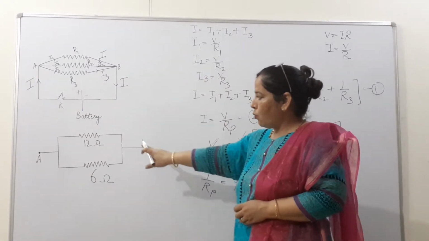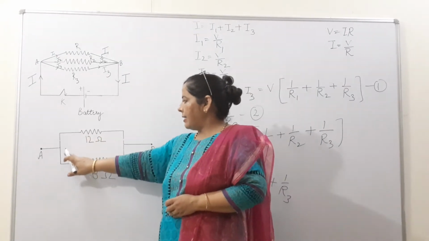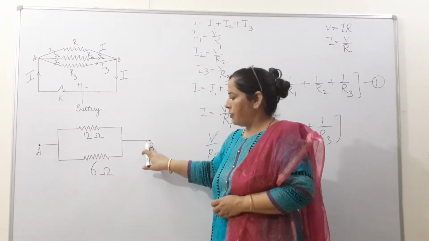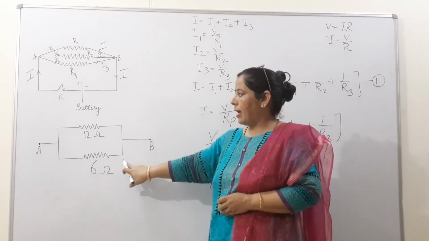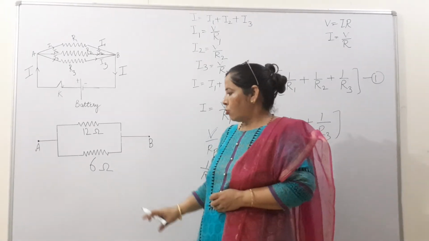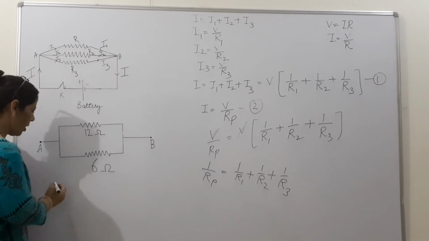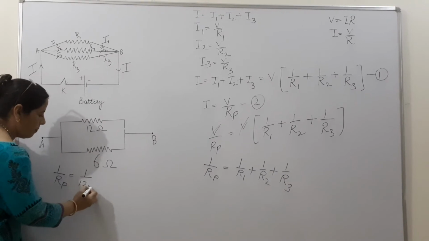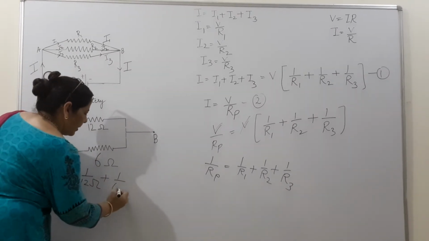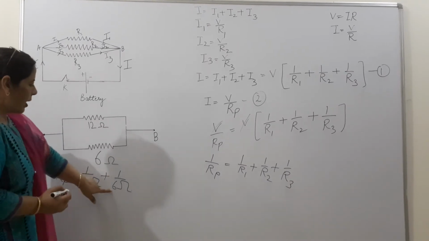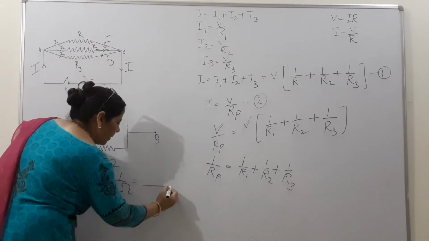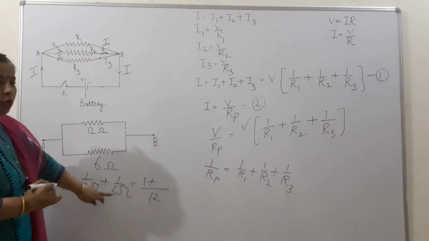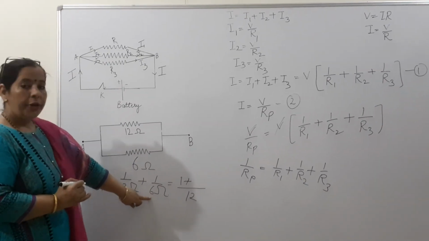Then, beta, for proving it, this example is here. How will we show it? Here 2 resistors are there, and you see their ends. One end is attached to point A, another end is attached to point B. So it is obvious they are not in series, they are in parallel. Now we have to solve it, with the same method. 1 by Rp is equal to 1 by 12 ohm plus 1 by 6 ohm. Now take the LCM of 12 and 6, it will be 12 only. You are in 10th standard, you know how to solve this algebra, you know the steps.